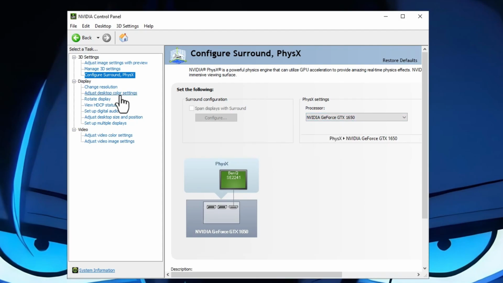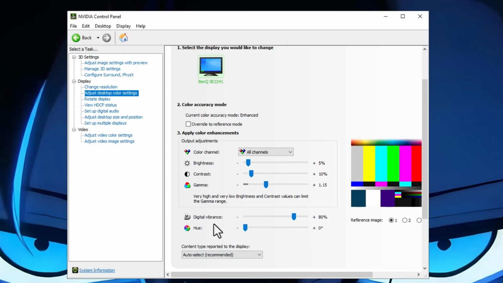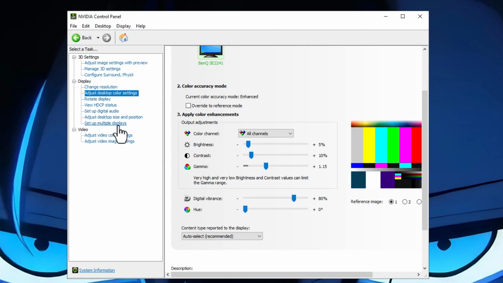You want to go again to adjust desktop color settings. From here you can enhance the digital vibrance around 80% or 70 or even 90. That's up to you. Brightness and the contrast, you want to change that, as I said, depends on you, it's up to you. And you want to go to adjust desktop size and position,